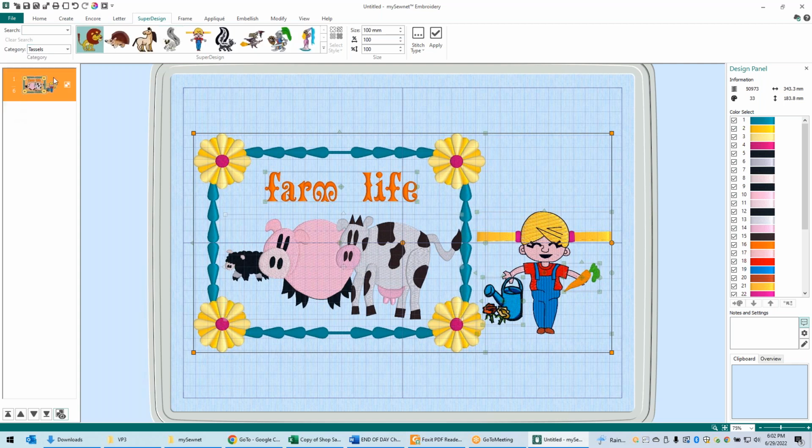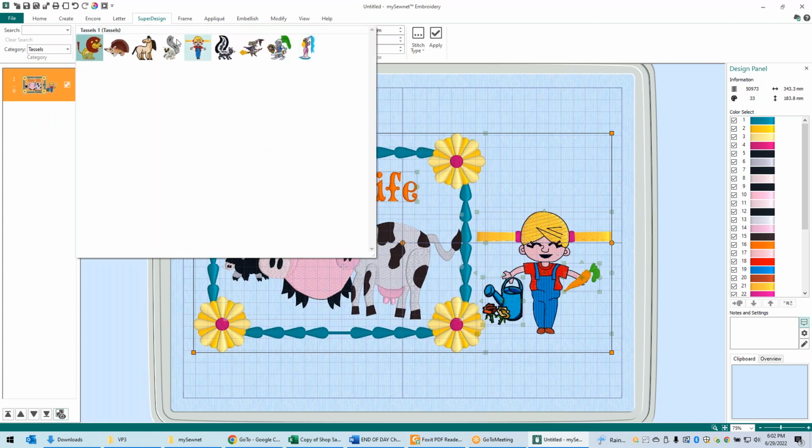Tassels again. So, and let's take a look at those designs, because look at the designs you have that have the little tassels available. You got porcupine, you got a horse, lemur, you got Pepe Le Pew, and you got a witch. So these are the designs that right now have the tassels intact as part of the super designs when you